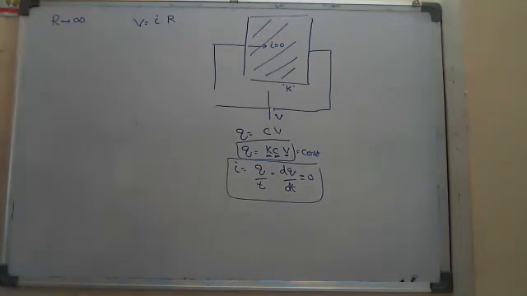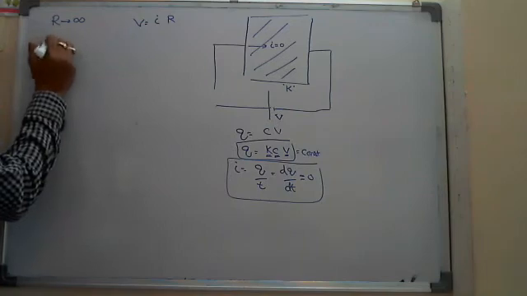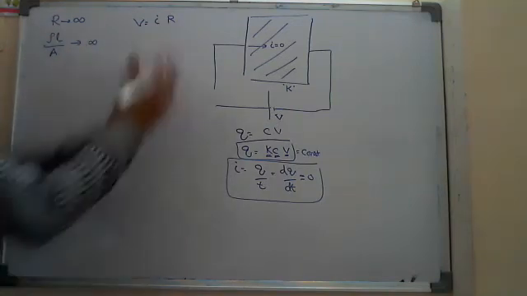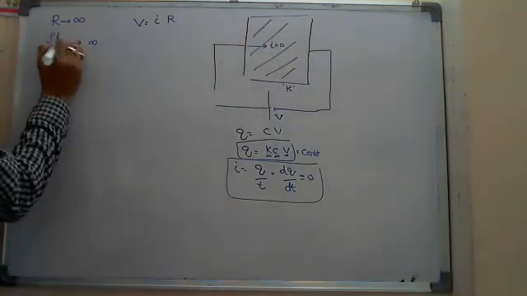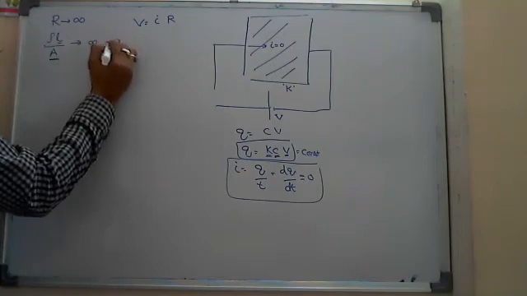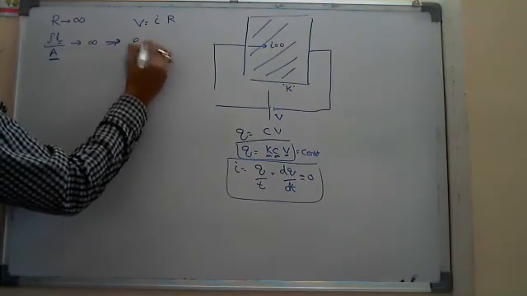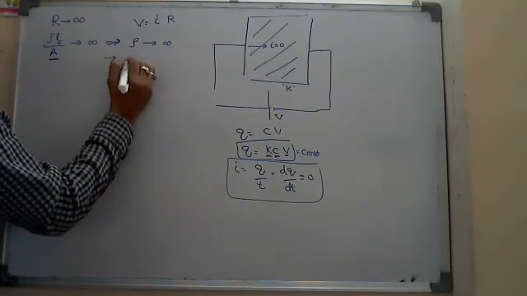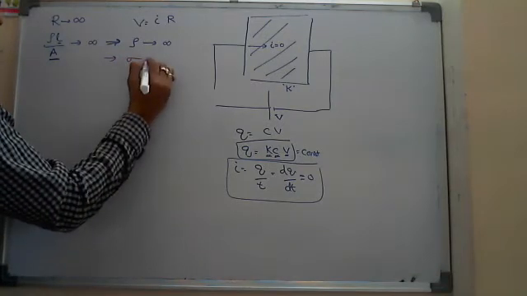It tends to infinity. Okay, R is infinity means, according to the formula ρL/A, R is tending to infinity, but the length of that part is not infinity and the area of cross section is not infinity. So I have to accept that from this equation, the resistivity tends to infinity, meaning you are saying that the reciprocal of resistivity, which is conductivity,